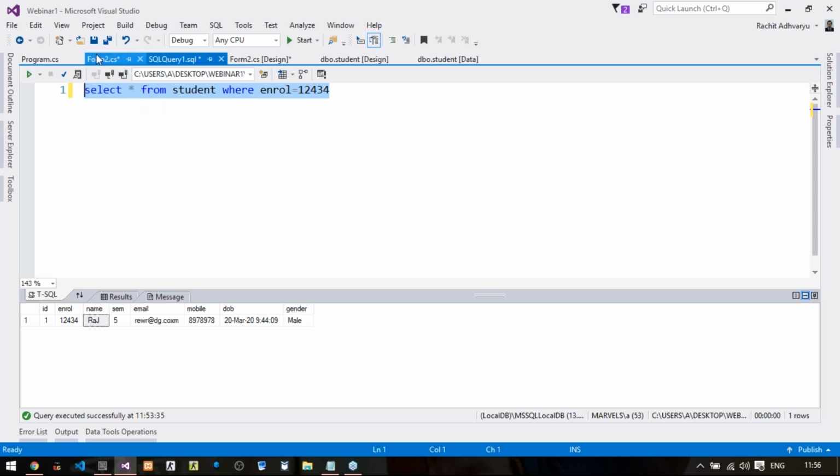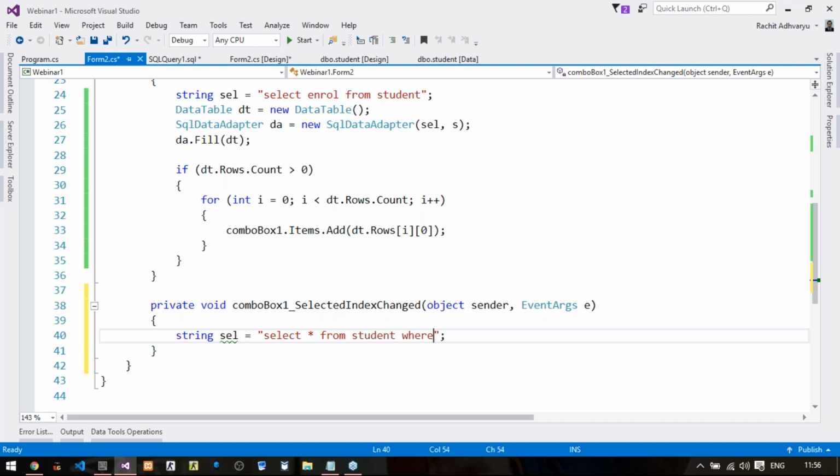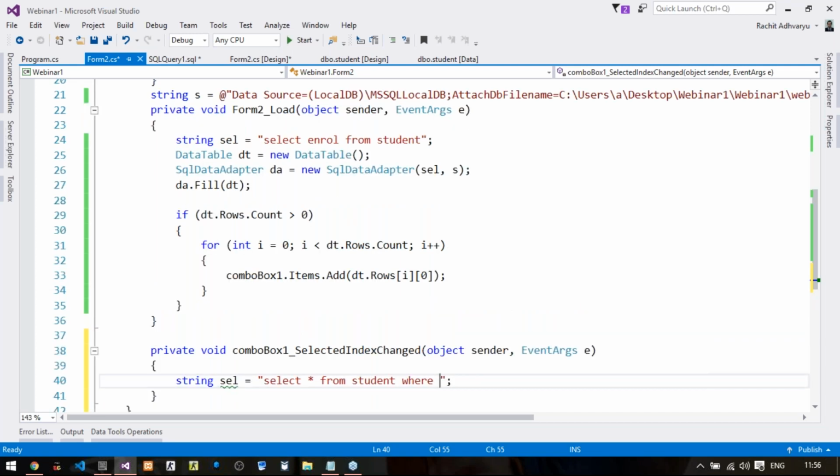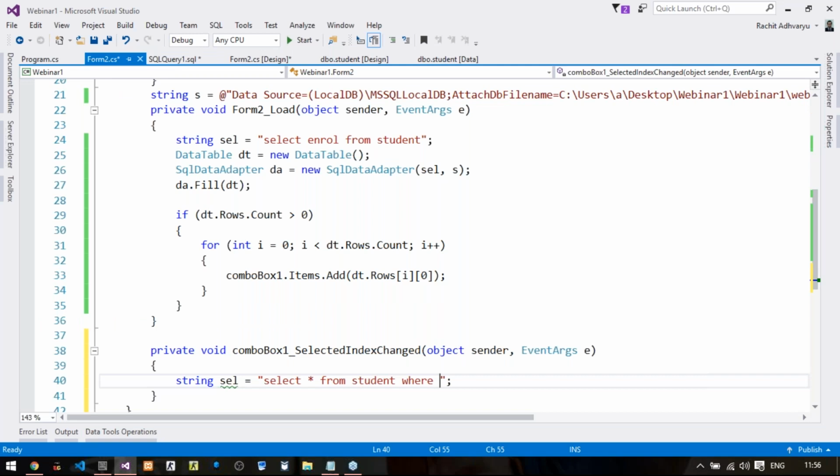So here I will write my query as string SEL equals to double quotes select star from student where enroll equals to, but now what we want to say, whatsoever value has been selected in this particular combo box, for that value all the details must be fetched from the student table.